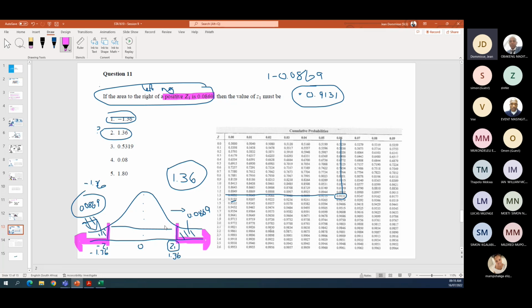So I think the most important part, and you see it now in your assignment as well, is how they structure the question, so that you know where you need to focus. Because this could have easily been written as the area to the left of a negative. And then they will probably still give you the negative and the positive value. So be very careful also in your assignment